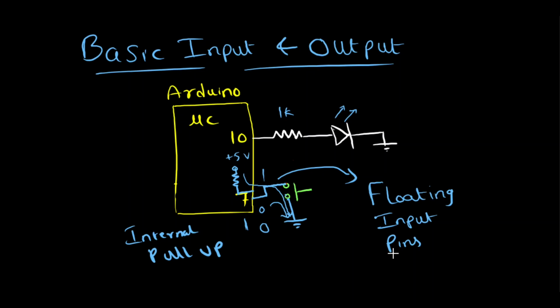So always remember this, whenever you are using switches, you can eliminate the external resistor by enabling the internal pull-up resistors. Not even the switch, it might be any sensor which you want to interface with Arduino. So always keep in mind what the logic values of the sensor that you are interfacing are, and what happens when the sensor is not giving you any input. What is the logic value when the sensor is not giving any input? So keep this in mind while designing any circuits.